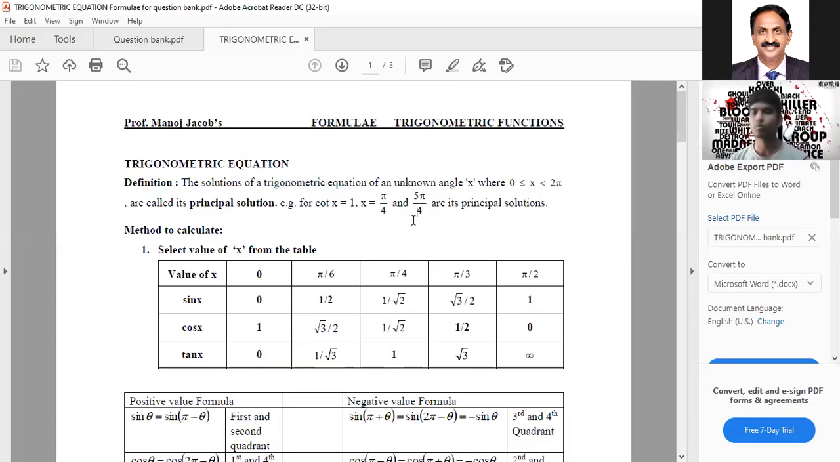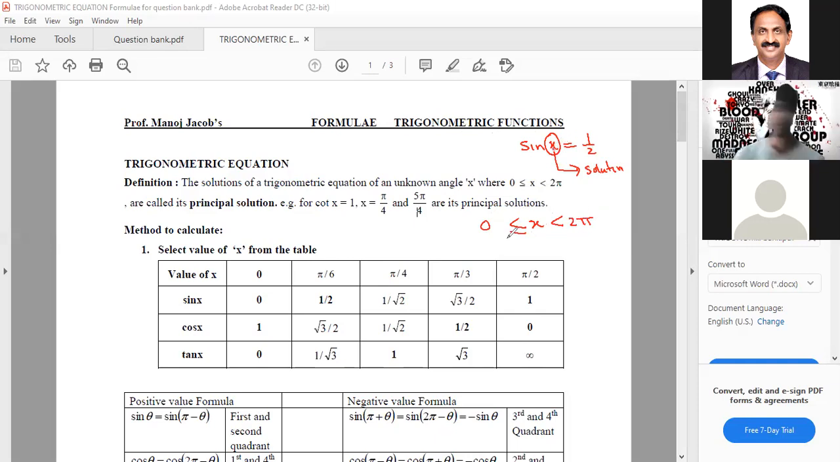First part of this is solving the equation. What do you mean by solving the equation? If I write sine x equal to half, whatever the values of x are called the solution. There are infinite number of solutions for sine x equal to half. You all know that. If you are having solution between 0 and 2 pi,